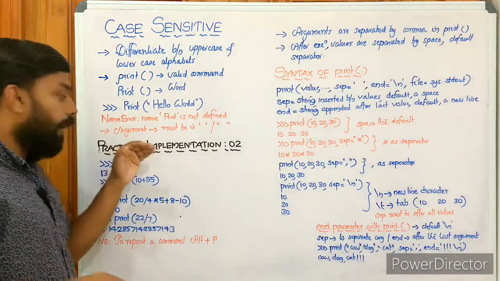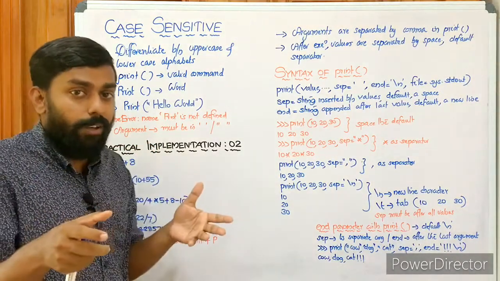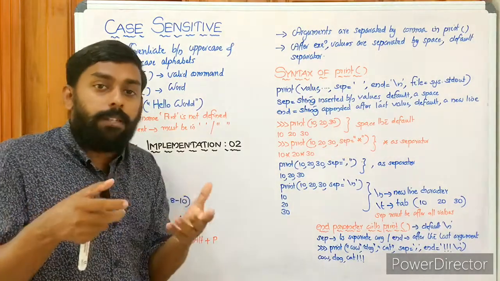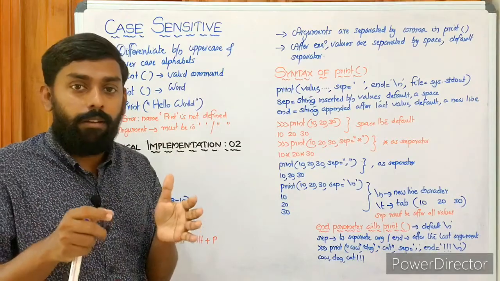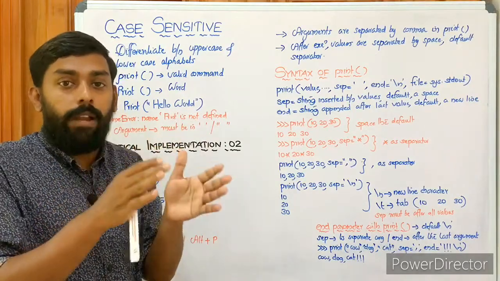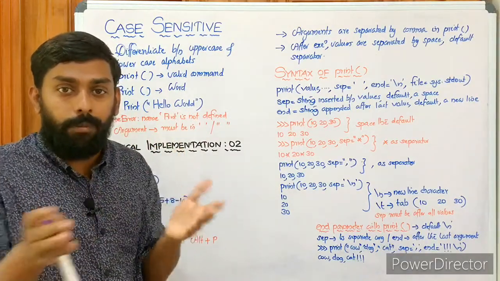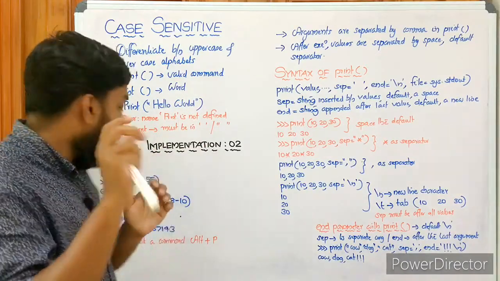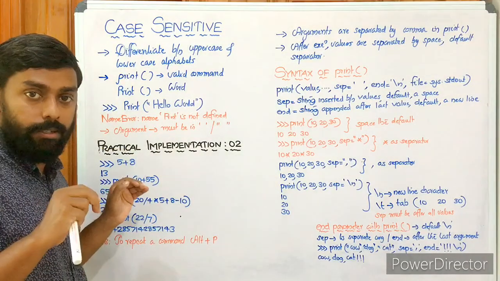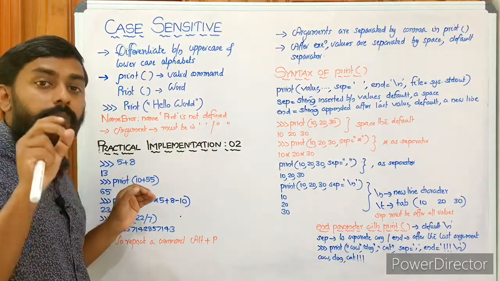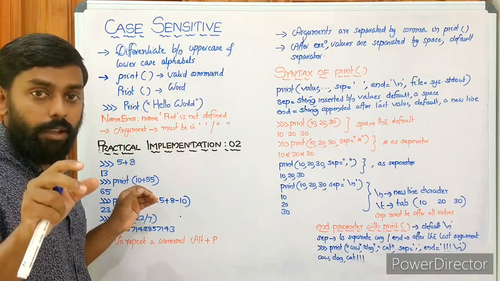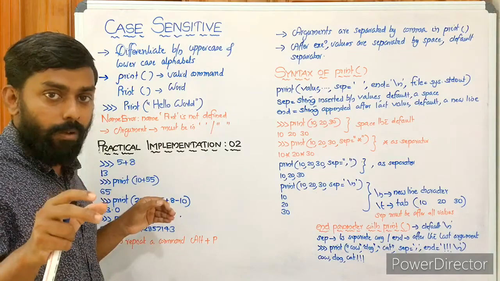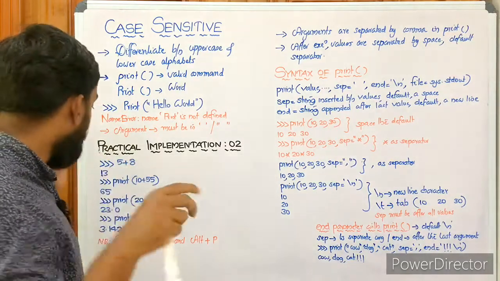Then we have the practical implementation too. Our second implementation. Here is a program. For the first implementation we worked with strings, like hello world, welcome to Python programming, the world of Python programming, all those kinds of things, right? All are strings, groups of characters. But here we are working with numbers. In our first implementation we worked with strings or characters or words, but here we are working with numbers or digits, or integers. We can say integers.